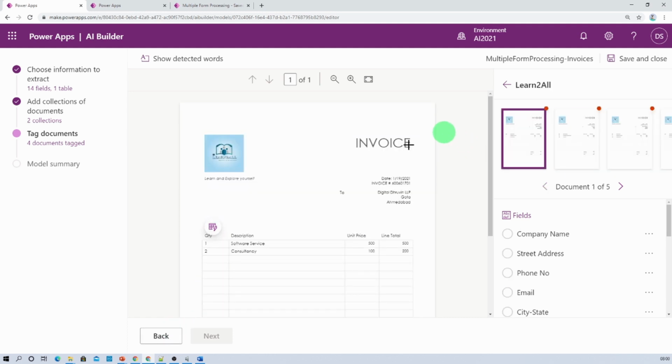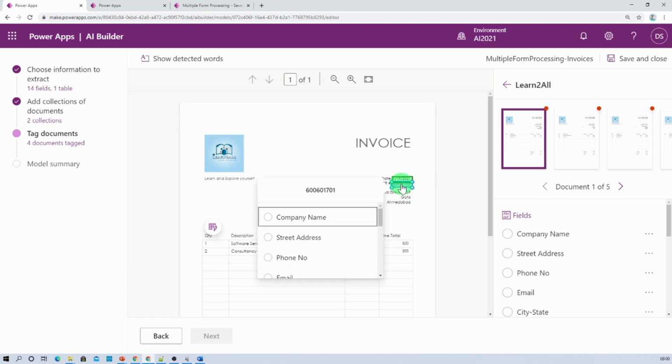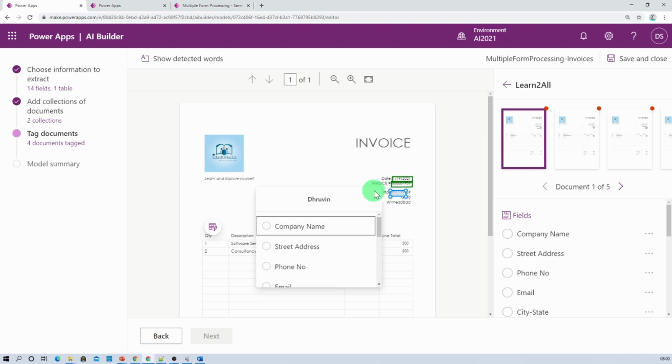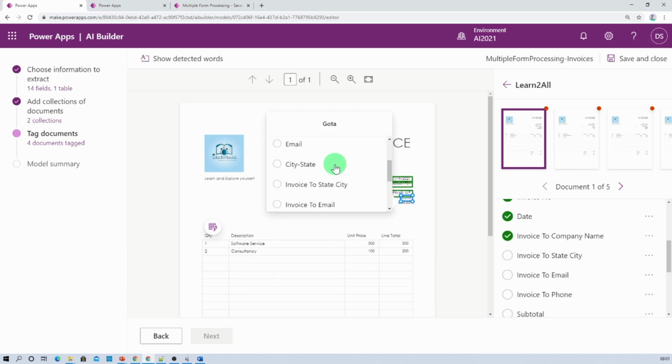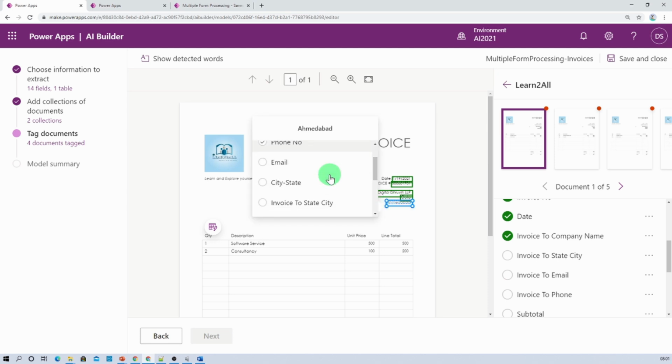So we just need to follow the same procedure over here. Like let's say this is our date field, this is our invoice number, this is the name for invoice to company. This is street address, and this is invoice to state city.